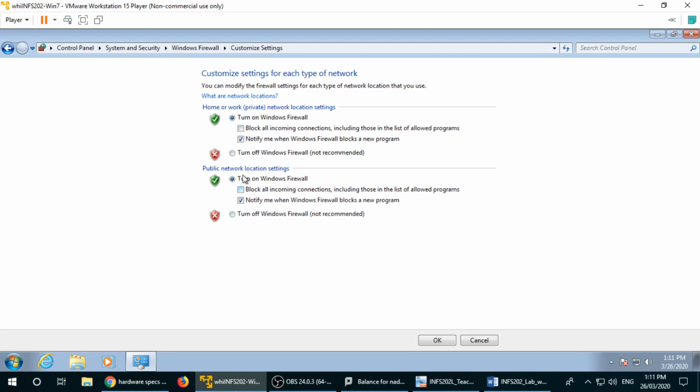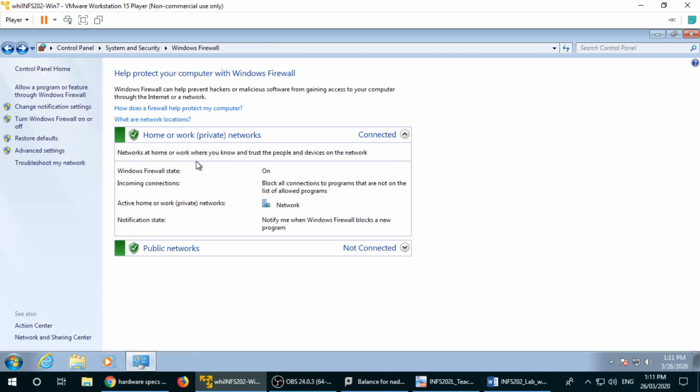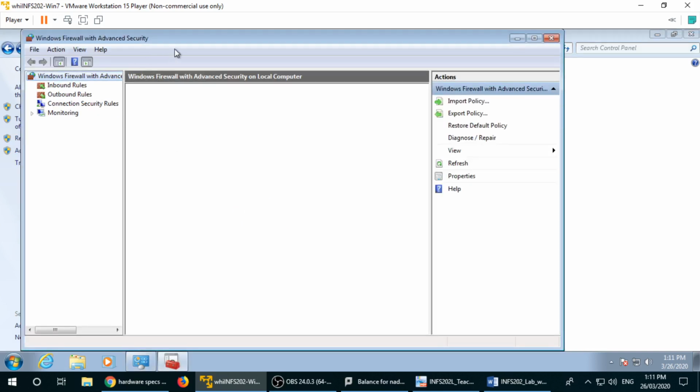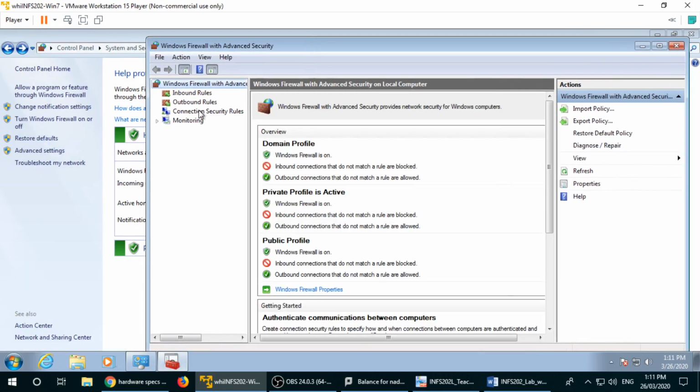And also here, this is for the private and also for the public. You can see both have the same services or same options existing within both networks. Okay, so we'll close that, and then here you can just go and restore defaults. So advanced settings here, if you click on that, let's just wait for this. So this is advanced settings for the firewall, and I believe that this is even beyond the scope